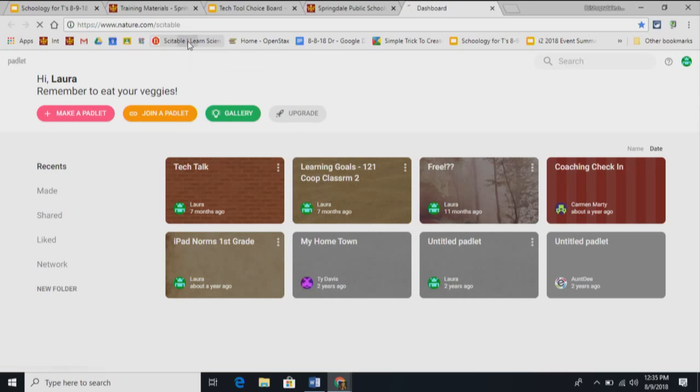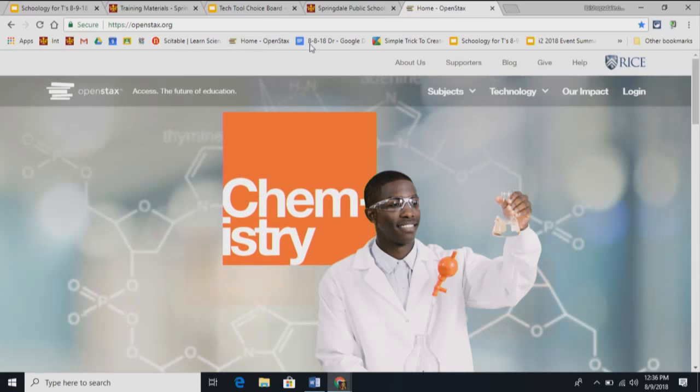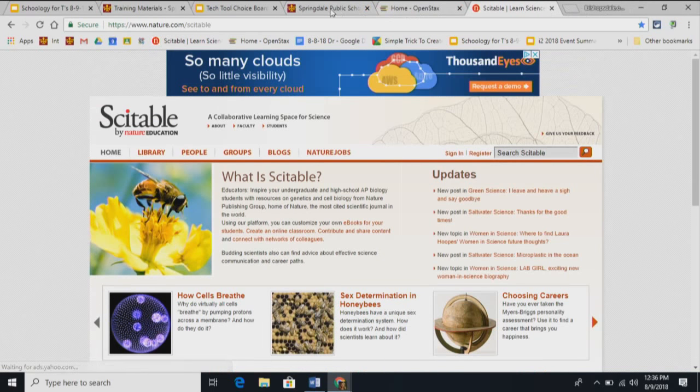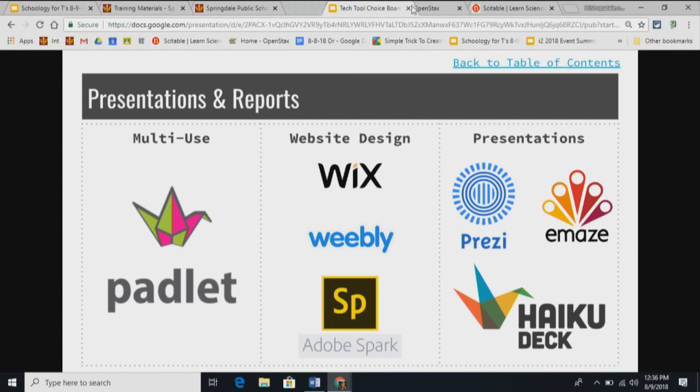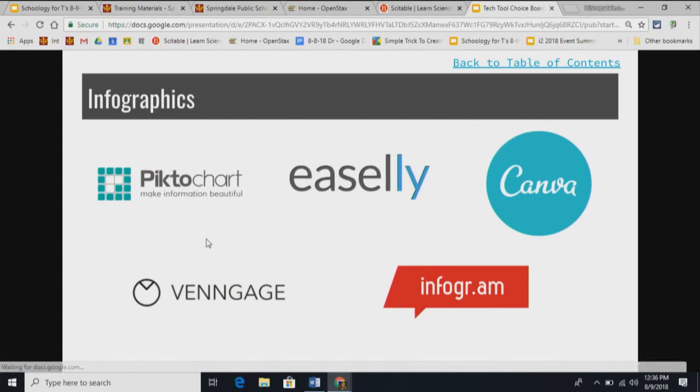This one is Citable with SC, like science, which has some good information on it. I'm going to let them use that site. And then the other site I'm going to let them use is OpenStax with some books on it. I'm going back and open up Citable. All right. Then I'm going to have them just come together with their information and do a little collaboration, and